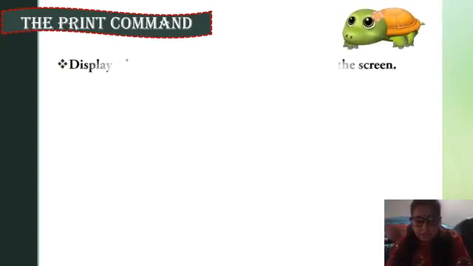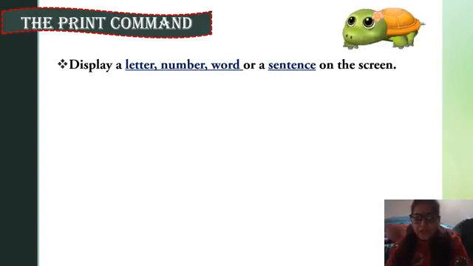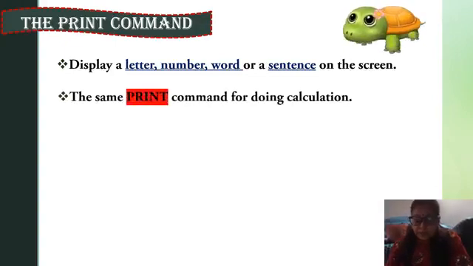So children, print is a very important primitive to display letters, numbers, a word or a sentence on the screen. You can also use the same print command for doing calculation. With the help of this print command, you can do both things: type a letter, words, numbers or a sentence, and do calculations also.